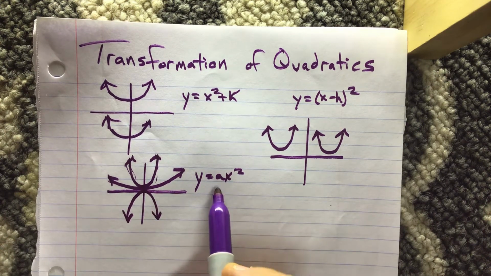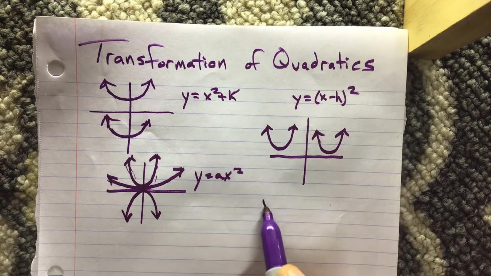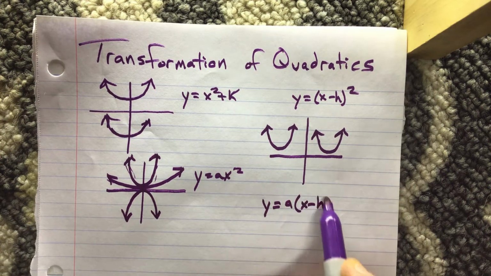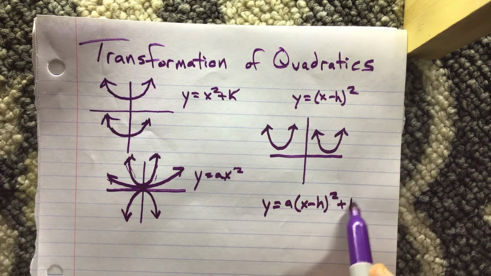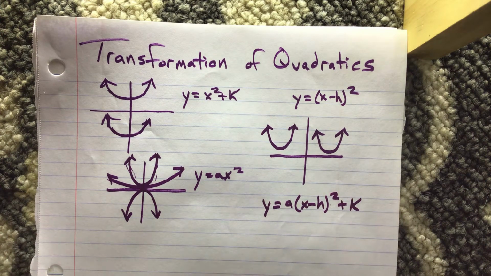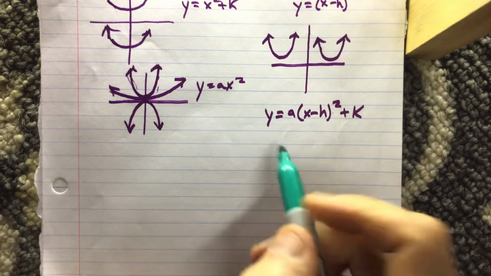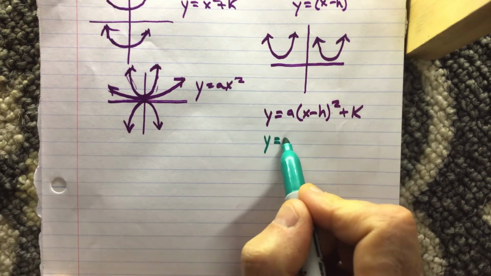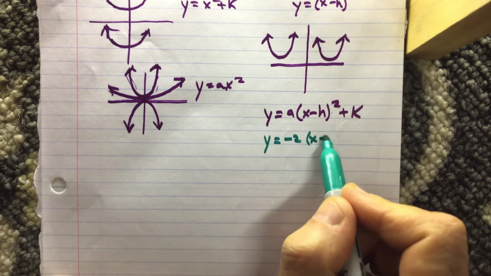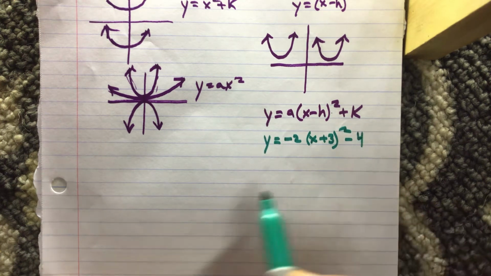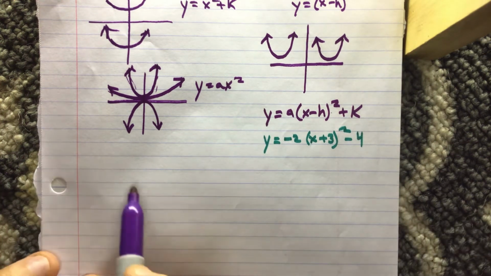Okay, so that's a. And then if you put it all together, you get y equals a (x minus h) squared plus k. And so that shows you all the transformations, and I can give you an example. y equals negative 2 (x plus 3) squared minus 4. And so if I wanted to graph that,